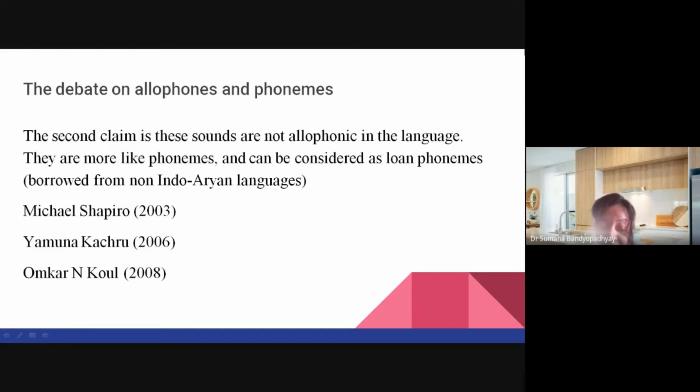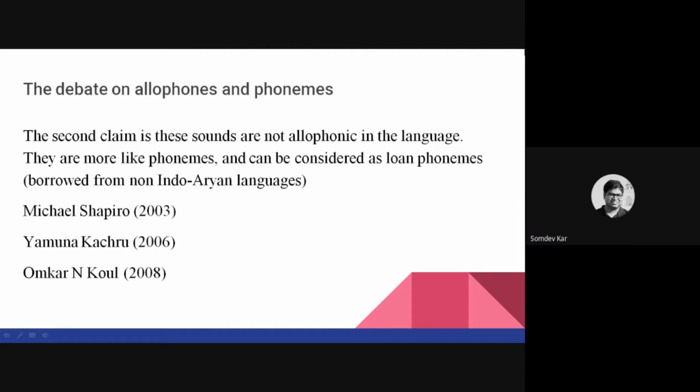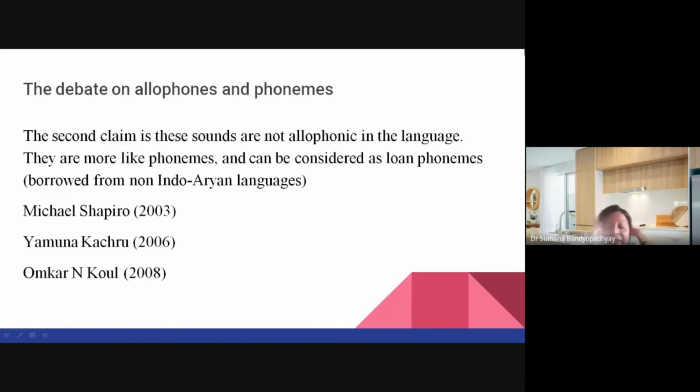F as a labiodental voiceless fricative, which can be realized in close correspondence with its real phonetic features, and z as a voiced groove sibilant. Okay, Yamuna Kachru in 2006 has introduced q as a post-velar plosive. So there is a contrast between what Shapiro says and what Yamuna says. Yamuna says q is a voiceless post-velar plosive. Shapiro says it is a uvular voiceless stop.